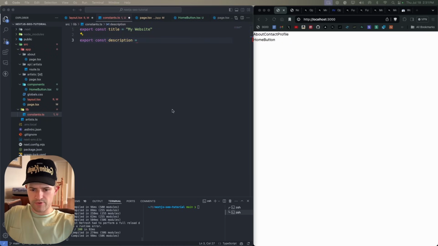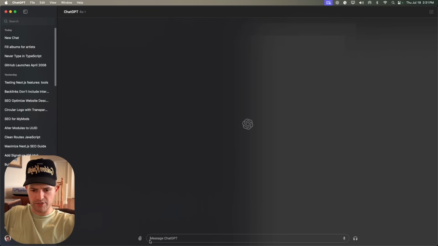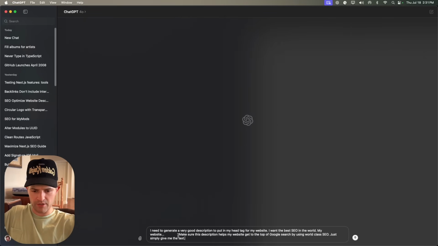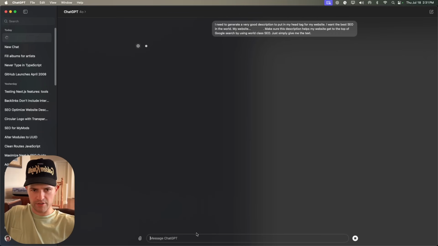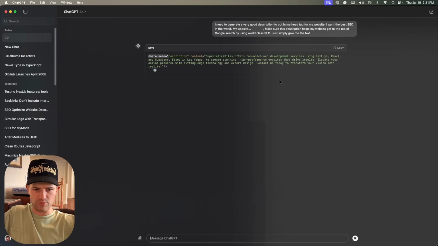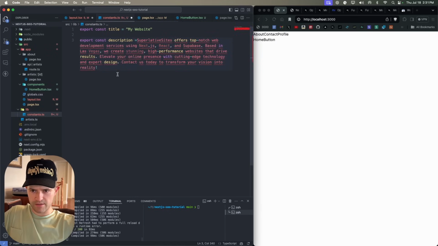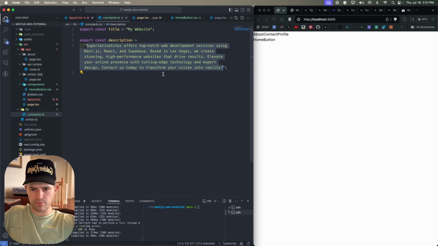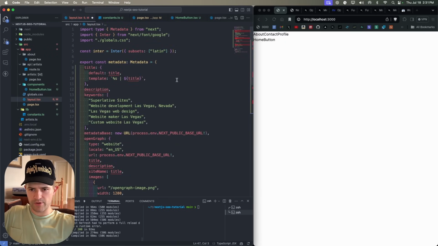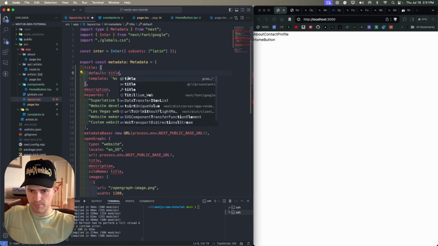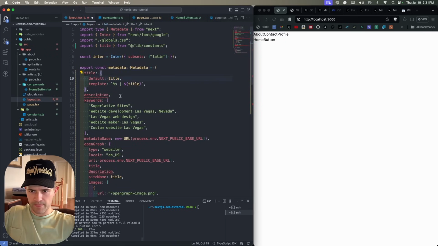And so how I generate this description is I just come over here to ChatGPT and I have this prompt that I already wrote, and I'll put this in the description. Just fill in the blank right there. Just click enter, and then this will give you something. And then I just copy this and then just paste it in right here. Just wrap this in quotes. And obviously you're going to want to dial this in a little bit more, but this is a very good starting point. So now we can come back over here and we can import this title and we can import